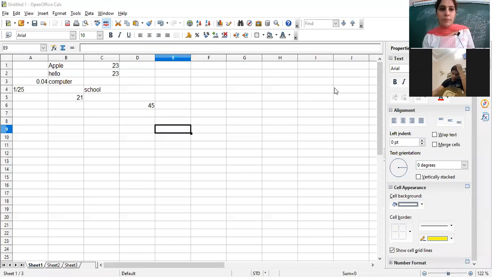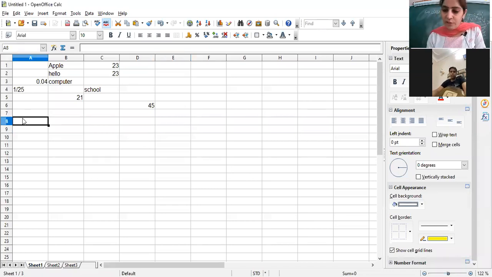Now let's do the same example practically also. If I'm writing here equal to C1 plus C2, I put C1 plus C2 here, right?